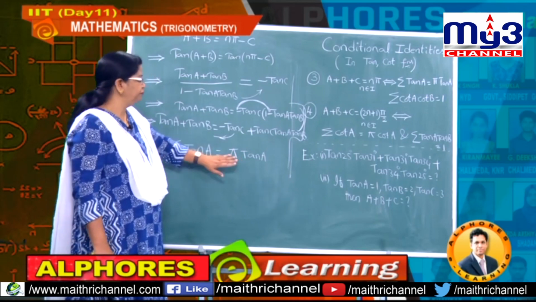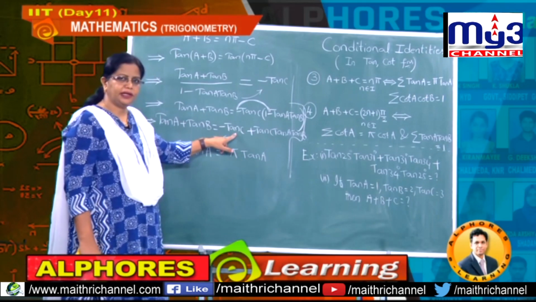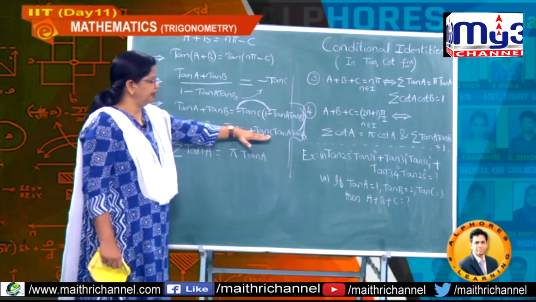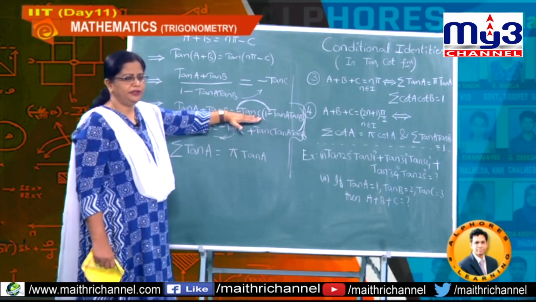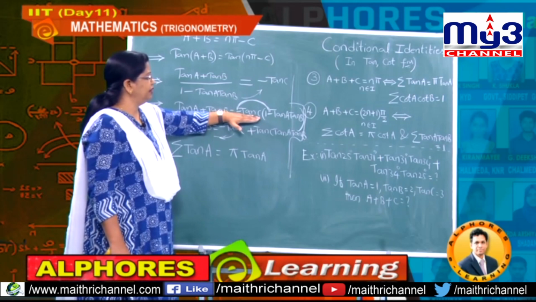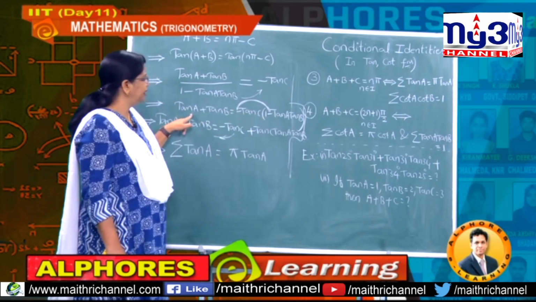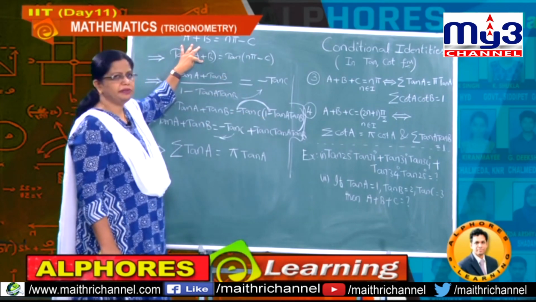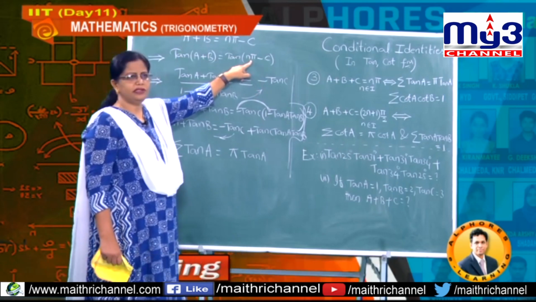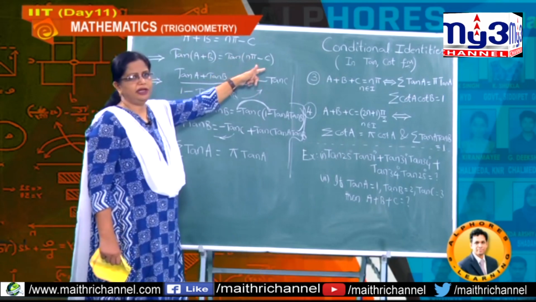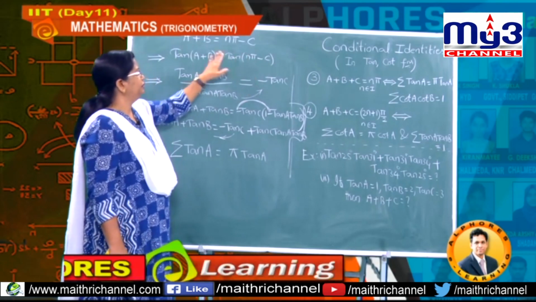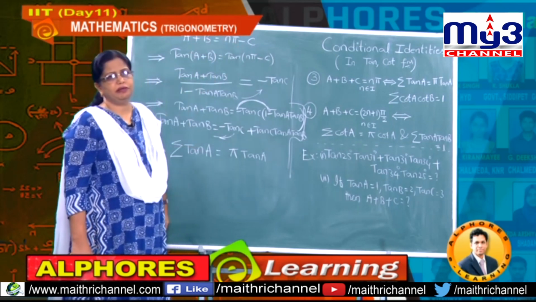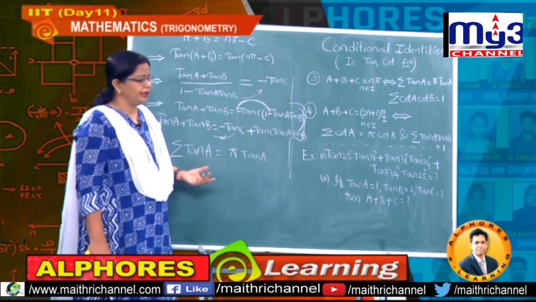This is the condition. Take one value to the other side, so it will become minus. After that, from these two take minus tan c common, so this is the value. After that you can send this entire value to the denominator, so you can get this step. Then you write this LHS value as this formula, and minus tan c you can use this formula. If n is 0, what is the value? Again minus tan c, and then remove the tan function, so you get a plus b is n pi minus c, hence a plus b plus c equal to n pi, okay.